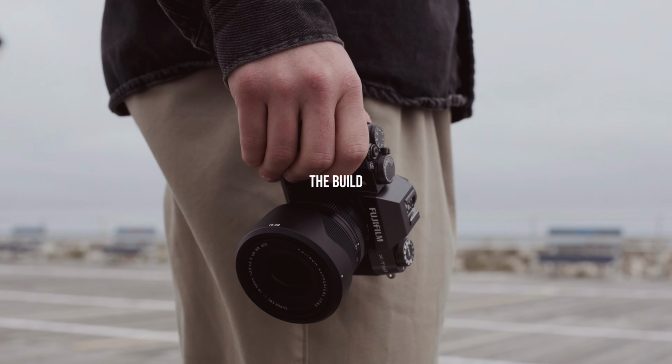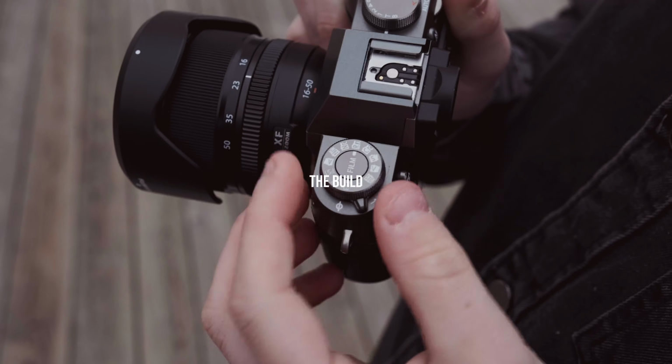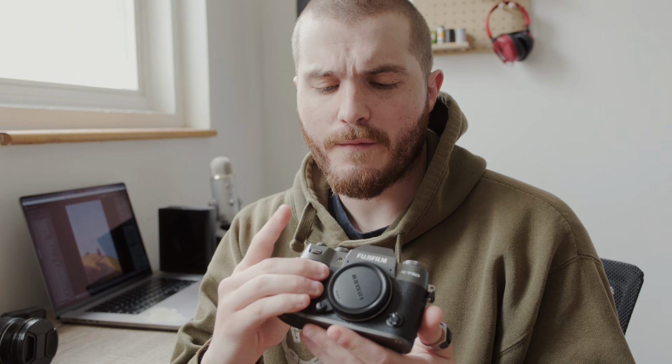I want to talk about the physical nature of the camera. Obviously, to start with, it offers that classic Fujifilm look that everybody knows and loves. It has the film-inspired dials throughout the top of the camera. And just in general, off the bat, I found it personally to be pretty comfortable in my hand. I do have smaller hands, and the camera is smaller, but just the way that it fits has a really